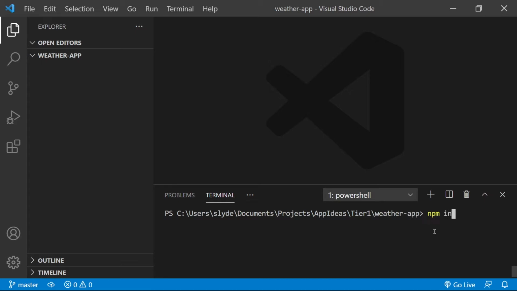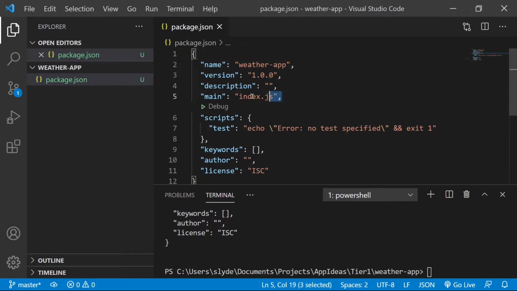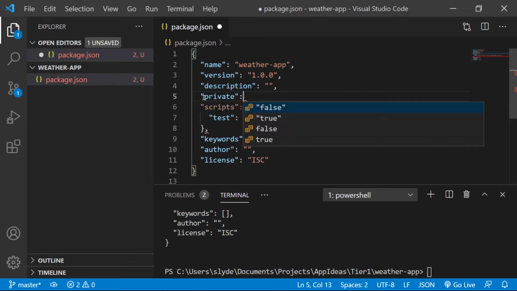So the first thing I want to do is actually create an npm repo just so that I can get all these different dependencies that I need. I'm just going to pass the -y flag, which essentially just says yes to all the different questions the npm starter will normally ask you. Let's go ahead and do that. Now we have our package JSON. I'm going to go ahead and remove main here, and I'll set this to be private true.